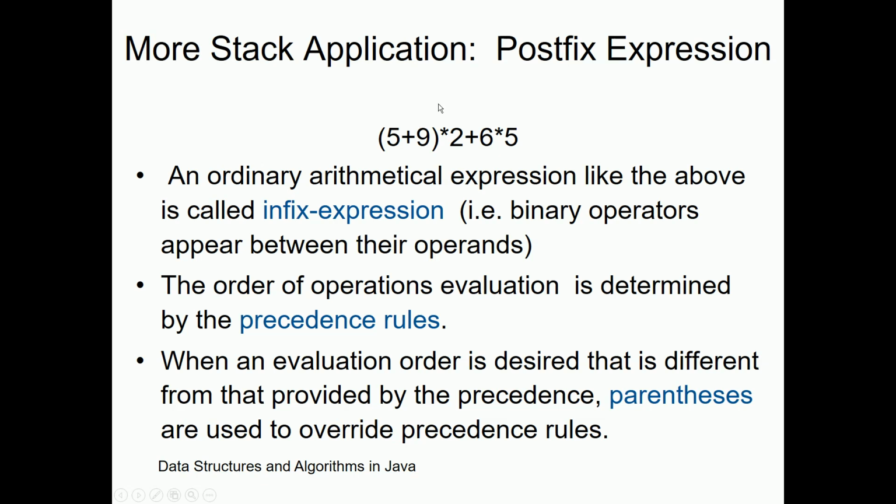Another type of application of the stack, why we need the stack, is something called the postfix expression. Have you ever heard about this thing? Postfix expressions? Well, this is what we used to do. Infix expression. An infix expression is the one that we've been using since we started programming. When you would like to do something, you just put the operation between the numbers